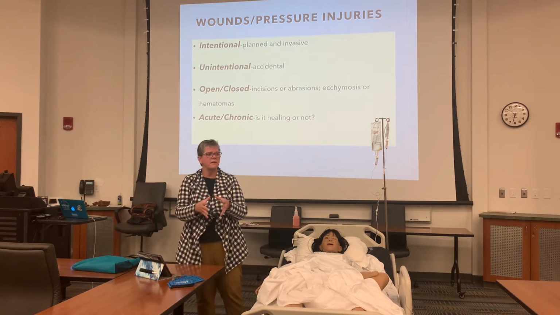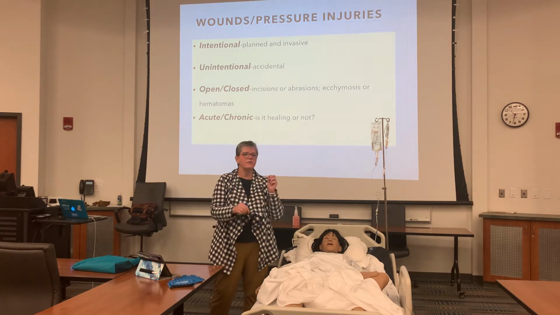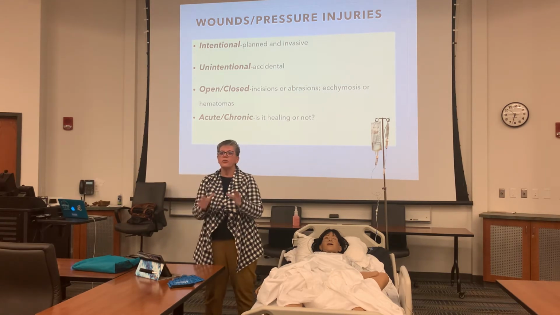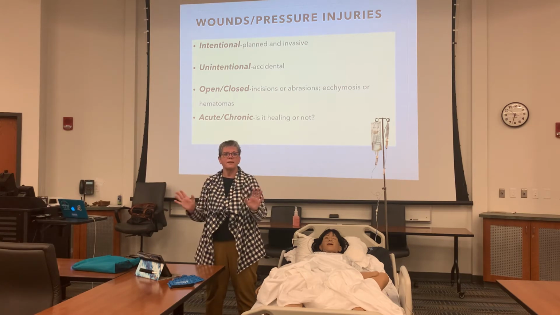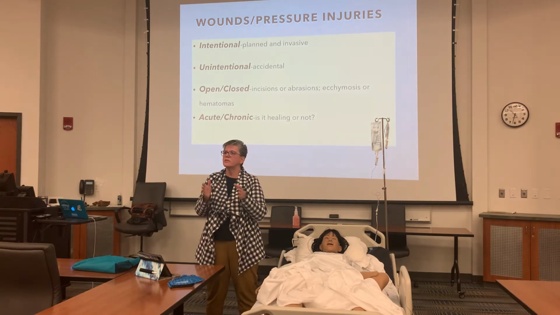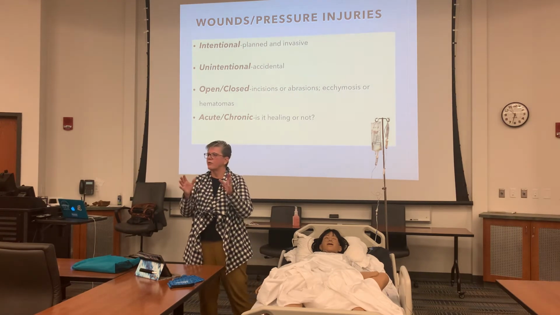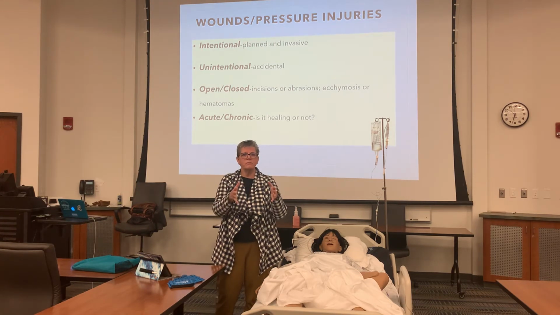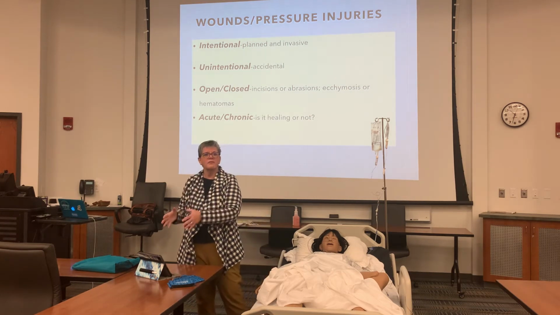It's planned, it was invasive, they either did it laparoscopically or opened me up, but I knew it. We planned it, so I have to be healthy when this happens. Maybe my weight needs to be at a certain place, so that I can have this intentional